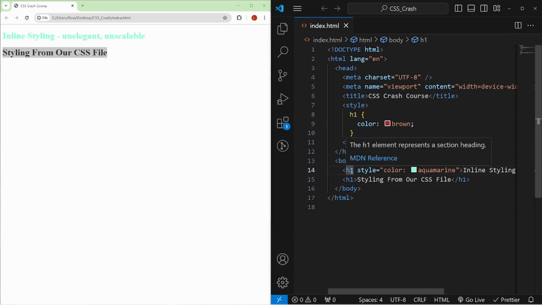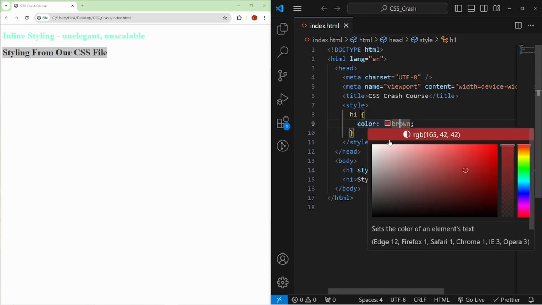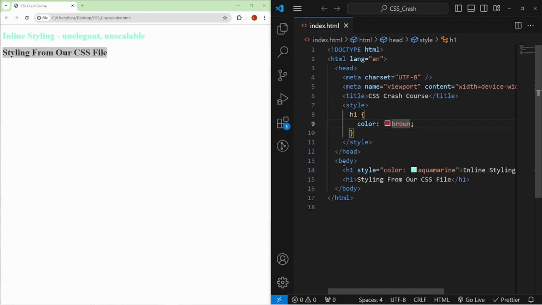But you might be thinking, wait a minute, before I just said that this h1 applies to every h1 in our styling. Well, that's not quite true, because inline styling will override whatever CSS you have before. Because the compiler says, oh, h1 color brown, great. But then it comes to the body, it reaches the first h1 element, and the styling gets overwritten by this aquamarine color. And now I leave this styling here, and we are going to have a look at the external